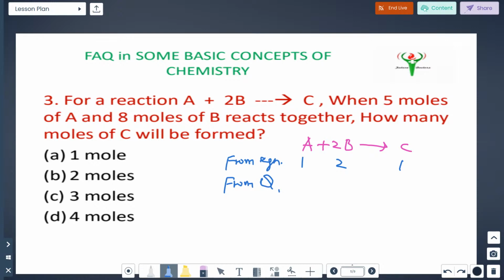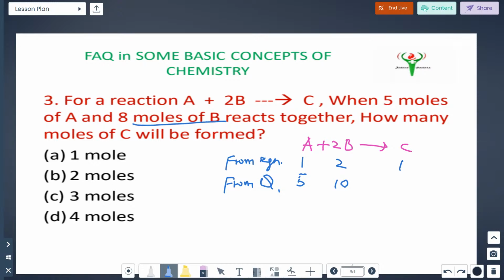When 5 moles of A, you put 5 moles. Actually, 1 mole of A can react with 2 moles of B, but 5 moles of A can react with how much? 1 mole reacts with 2 moles, so 5 moles react with how much? You know that, 10 moles. Understood? Okay. 10 moles of B should be reacted, but see the sum, only 8 moles of B is